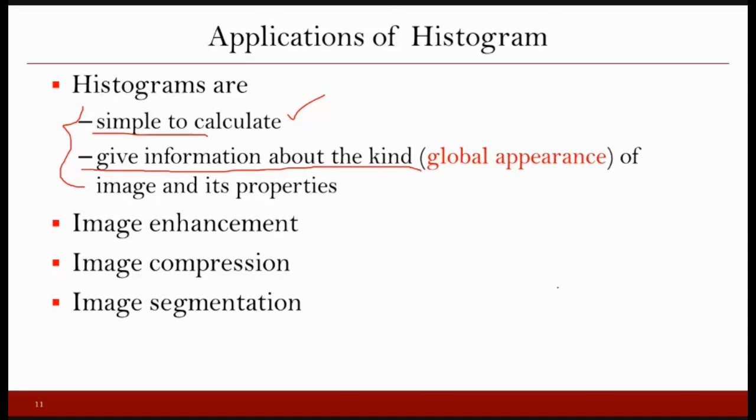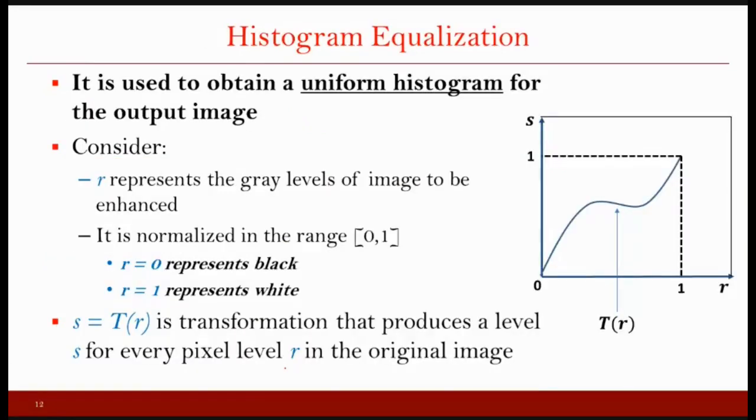One of the applications where the histogram is used is image enhancement, and we are going to see an example for this today. It is also used in image compression, and in image segmentation, and we can also use the histogram for computing the optimal threshold in various applications. We see this image in the application of image segmentation. With the help of the histogram, we actually compute an optimum threshold which can separate the foreground and the background, and with the help of that we perform the segmentation.